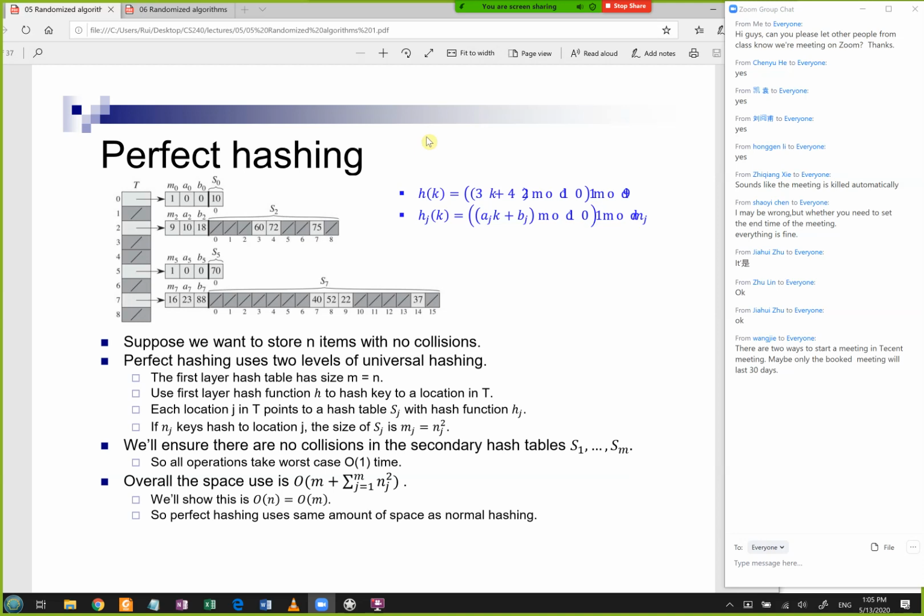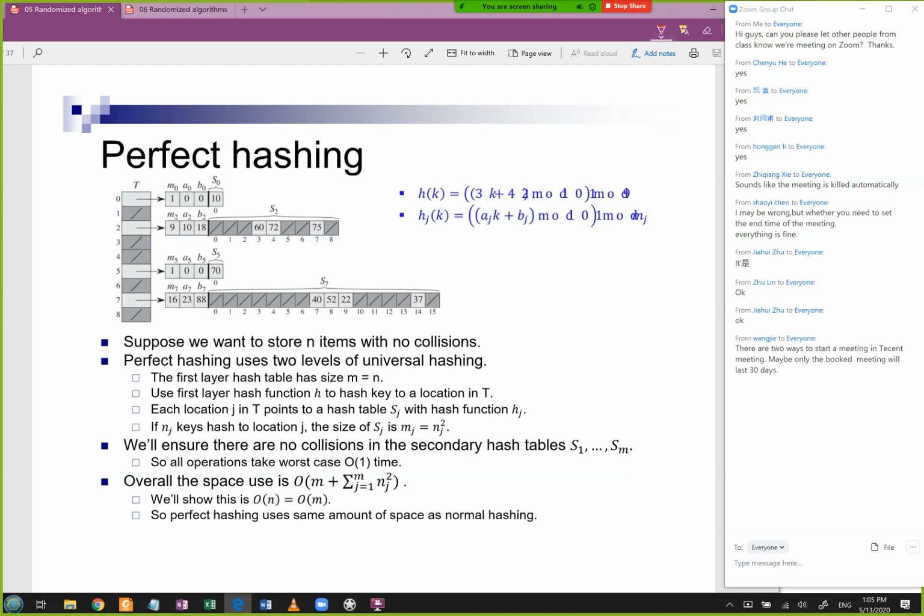So there's this 2-layer hashing scheme. Let's switch to add nodes. There are 2 steps. The first step is you hash to somewhere in this first level hash table. Let's say that you hash over here, using the main hash function, h of k. Now that you know you're going to location number 2, you then use the function h2 of k. In fact, this function is stored in the hash table itself, because all these hash functions are defined as